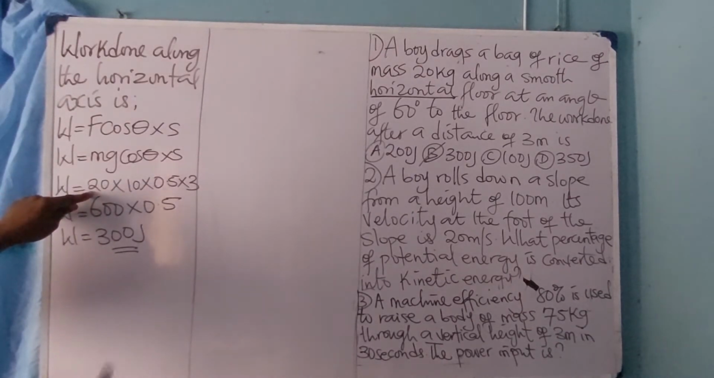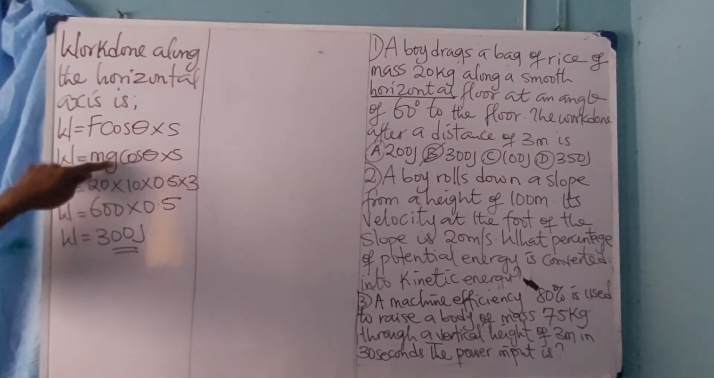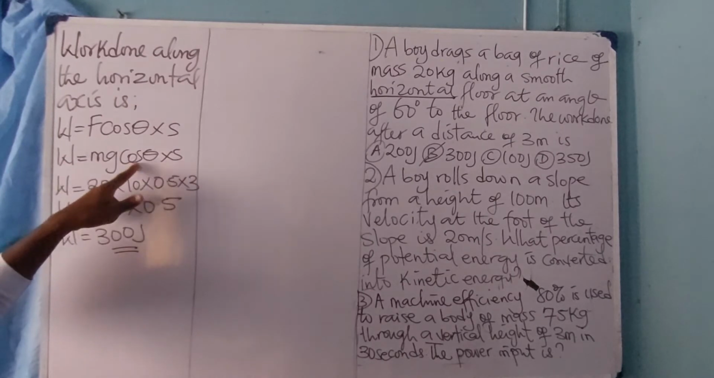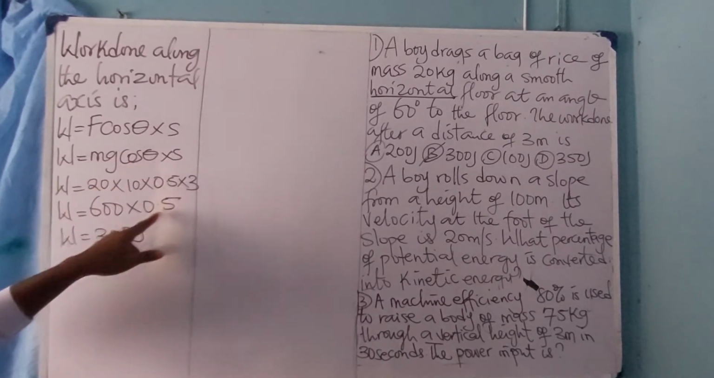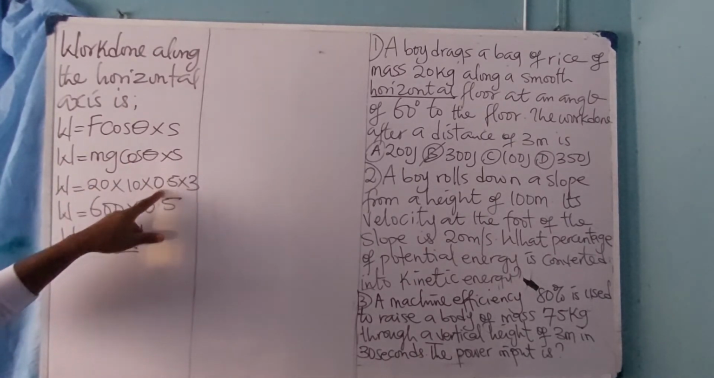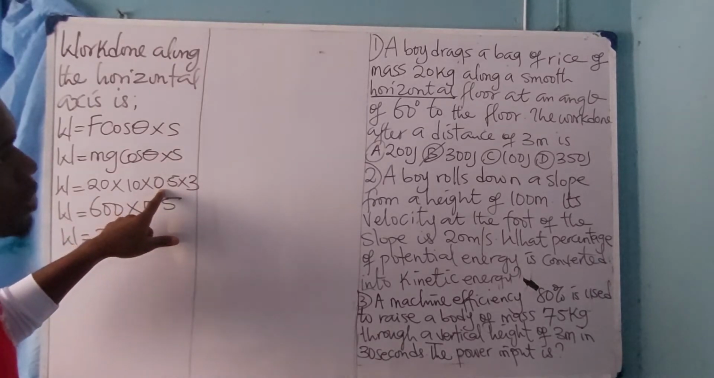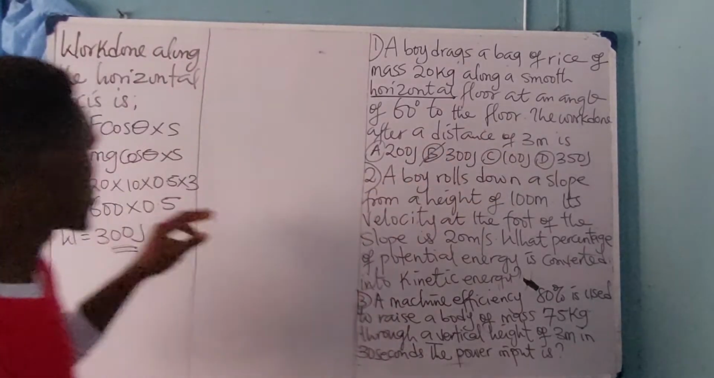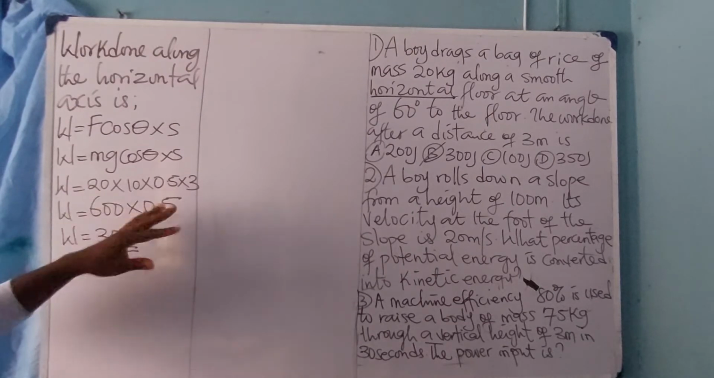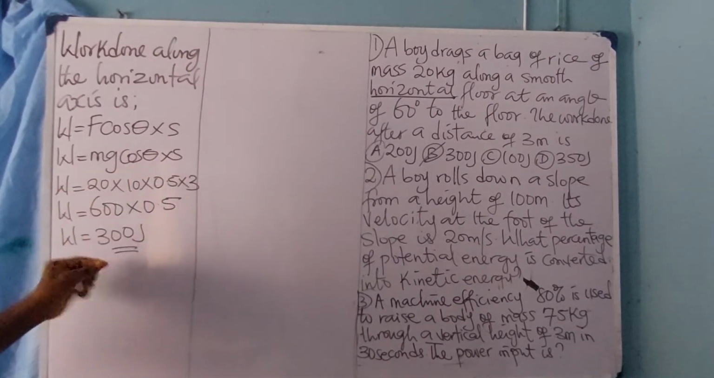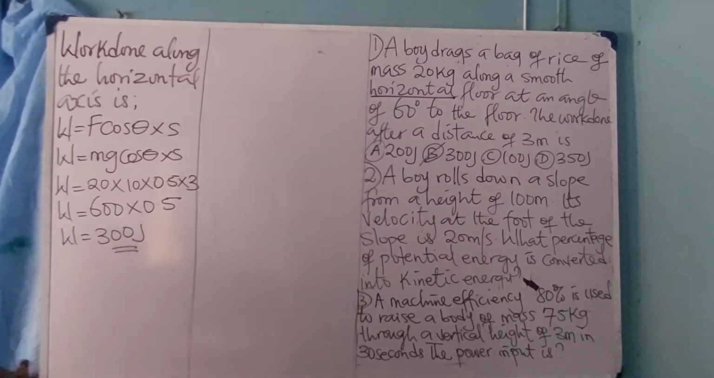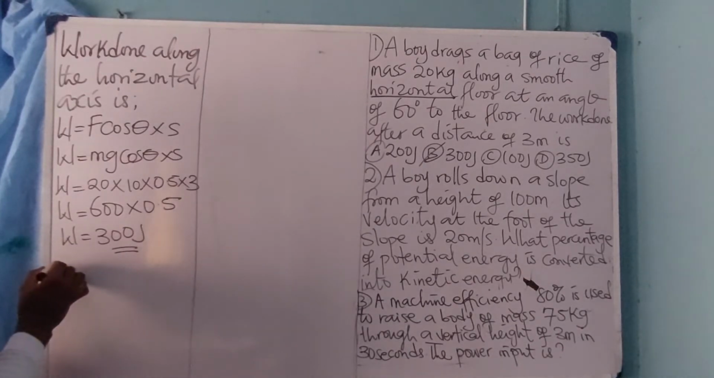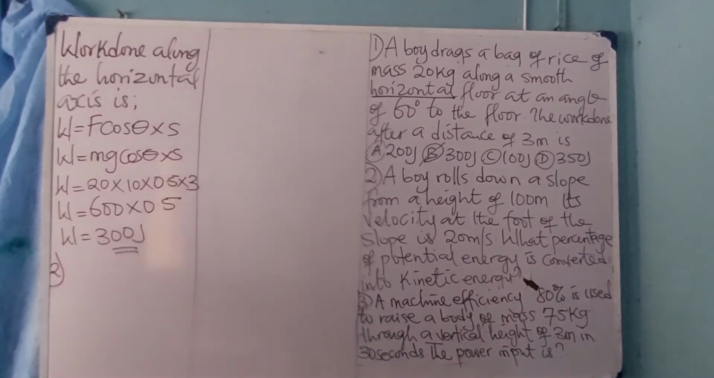Mass is 20, given from the question. g is always constant, which is 10. Then cos 60 is 0.5. Then the distance was given as 3 meters, which is this 3. Then if you multiply everything, you'll be having 300 joules. Okay, that is for number 1. Then number 2, it says a boy rolls down a slope